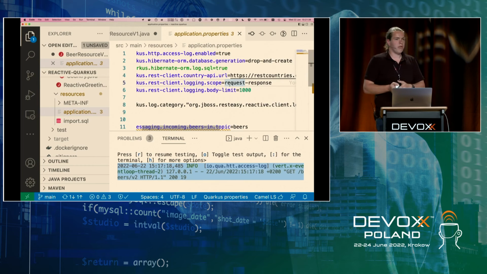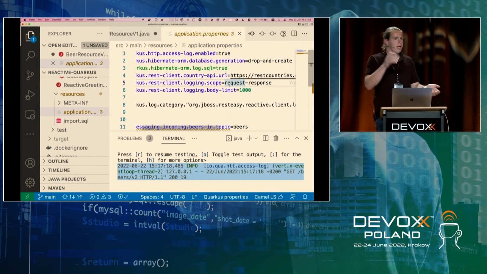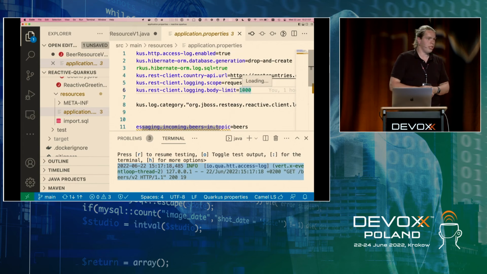In the past, you would have to define your own filters, intercept the traffic, and deal with the raw bytes and write them to string and log them yourself. But here it's just a config key, so like, hey, log this data. They can be dangerous, of course, because you could have JSON documents of a few megabytes, and you don't want to fill up your terminal with megabytes of JSON, so you limit the body a bit, so it doesn't explode.